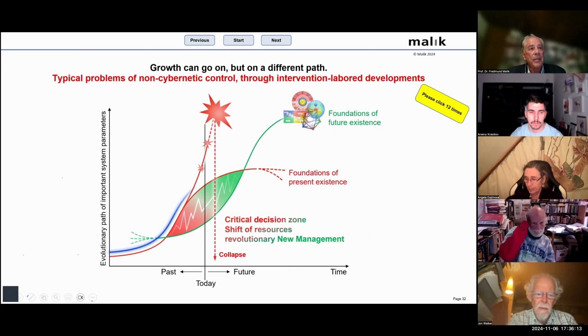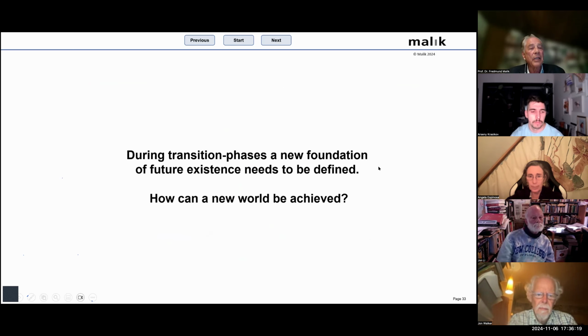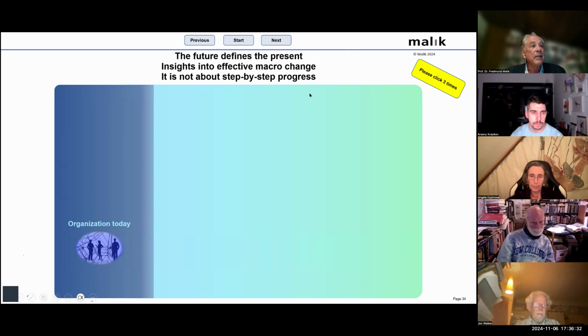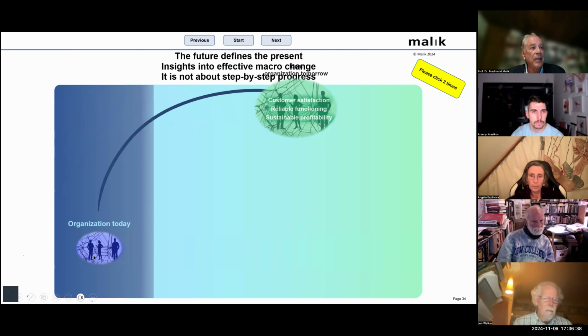So this is the ideal curve, the optimal path of development, and during the transition phases, a new foundation of future existence needs to be defined. How can a new world be achieved? Next one. Let us make a big jump. The organization today, this picture,